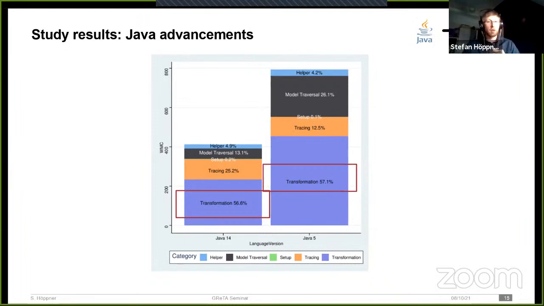So around 57% of the complexity, both in Java 5 and in Java 14, is code that actually transforms things, whereas all the rest is overhead that's just there and doesn't really contribute to the actual transformation in and of itself. The largest overhead nowadays is, by the way, trace management, one of the huge selling points of languages like ATL, for example, since they can abstract that away.